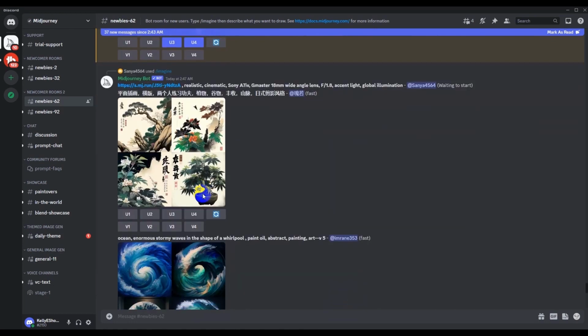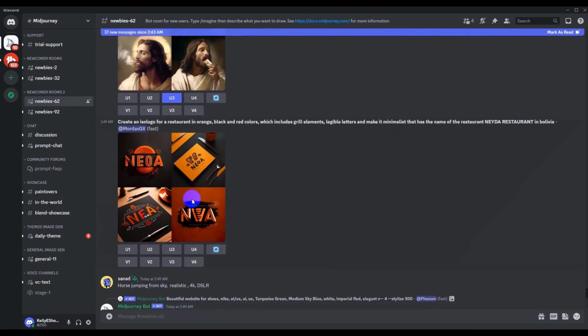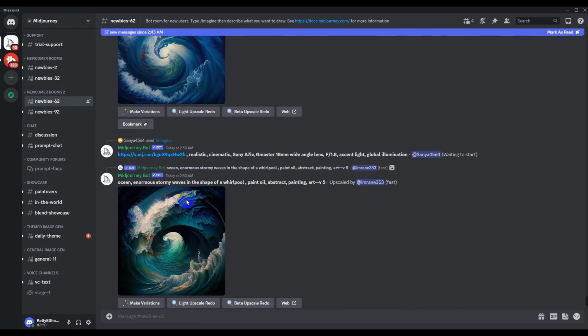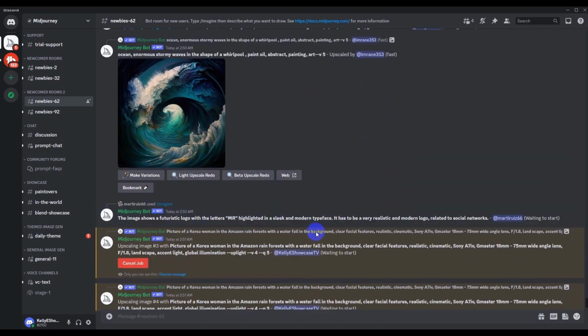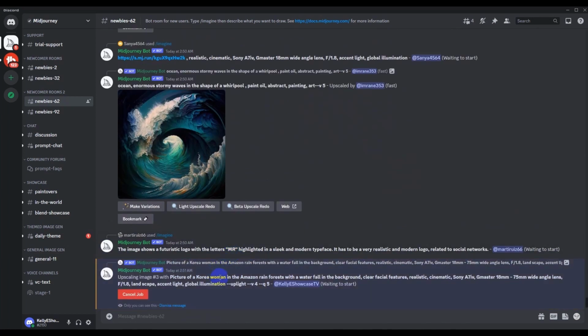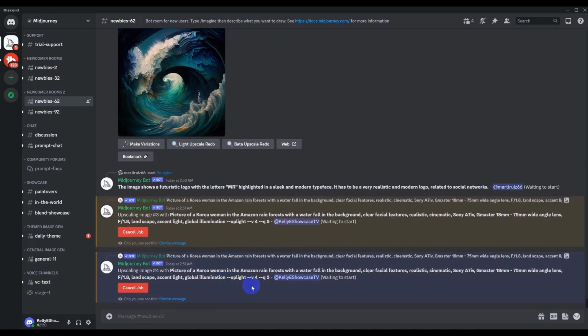Okay, let me just get those two. But I need that 18mm. What happened? The 18mm lens didn't do right. Yeah, I don't know what happened. I think it cancelled out.